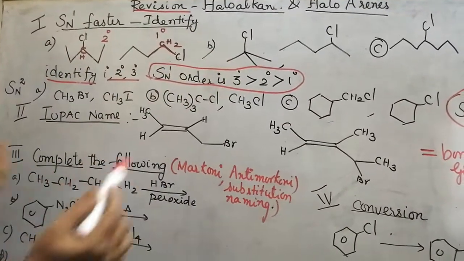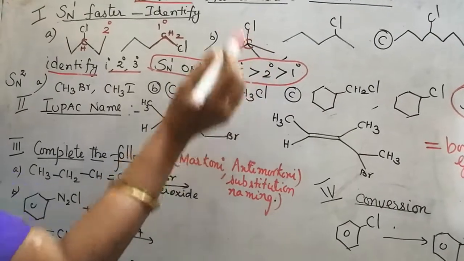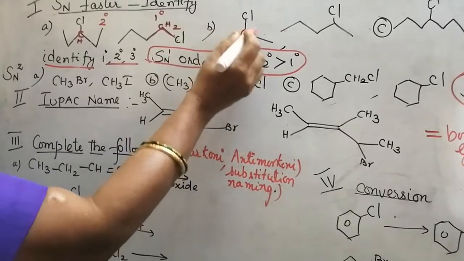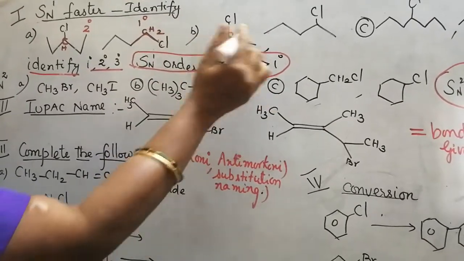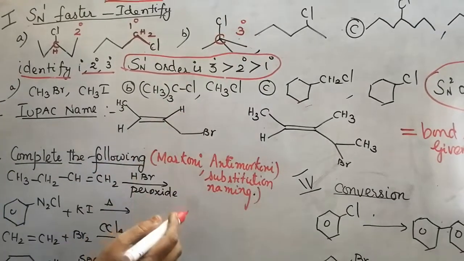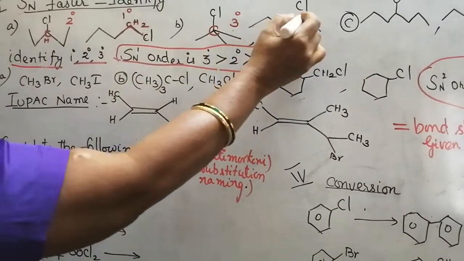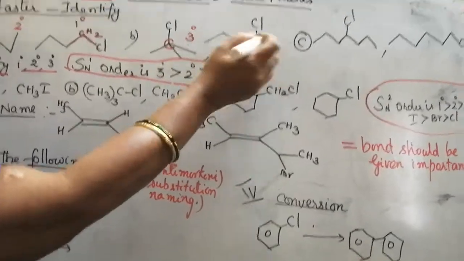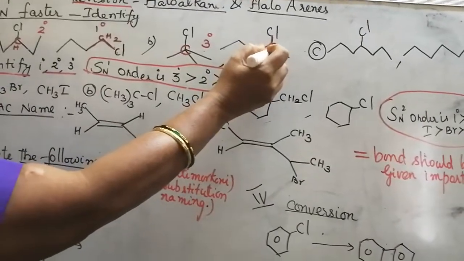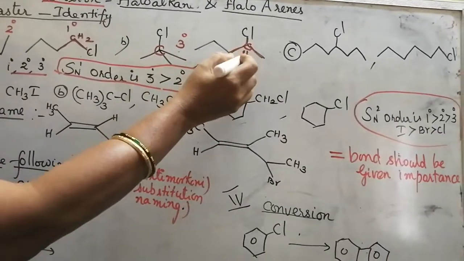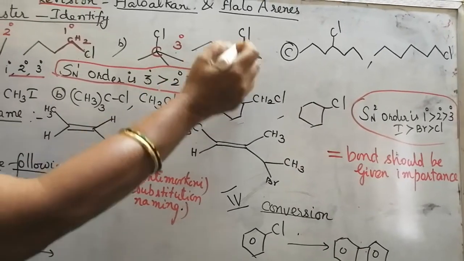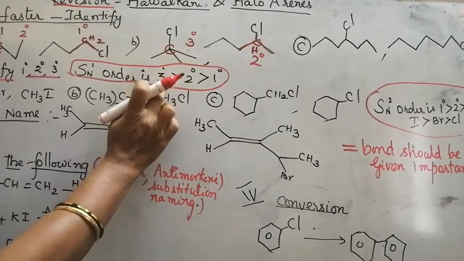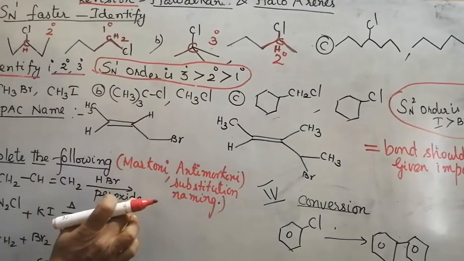Now let us see these two compounds. See this carbon which is attached with the Cl, which in turn is attached with three other carbon atoms, and one side with the Cl. So the 4 valency of carbon is satisfied. So it belongs to which category? Tertiary. CCl means it is tertiary. See this carbon, on two sides it is attached with two carbon atoms, two chains, and one side with the Cl. So what is the remaining valency of carbon? Only one, which is satisfied with hydrogen. So CHCl means it belongs to which category? Secondary. Tertiary, secondary. Which will undergo SN1 faster? Tertiary will undergo SN1 faster.